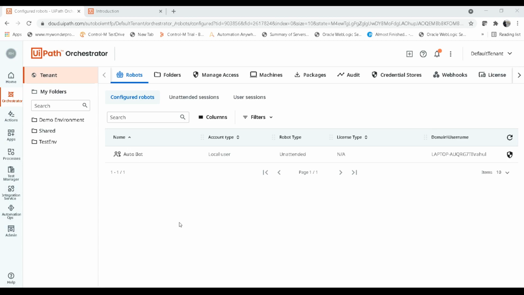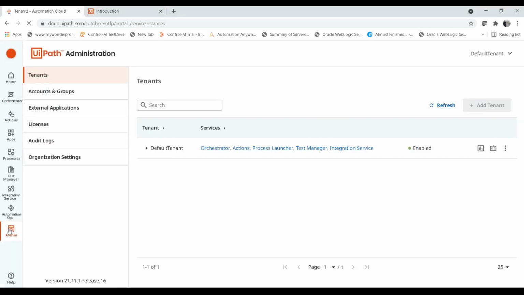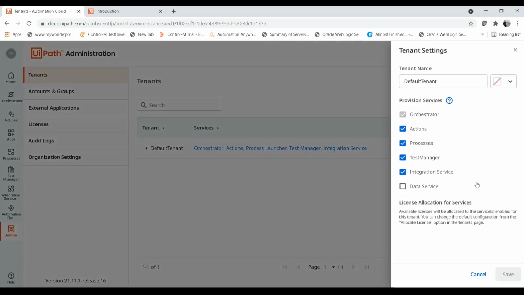For that, you have to go to Admin, and in the Admin you have to go to Tenant. Currently it's in the Tenant tab, and here for the particular tenant these are the services that are active, or in the enabled state. To add Data Service, you need to click on these three dots, then go to Tenant Settings. Here you can see Data Service is not enabled.